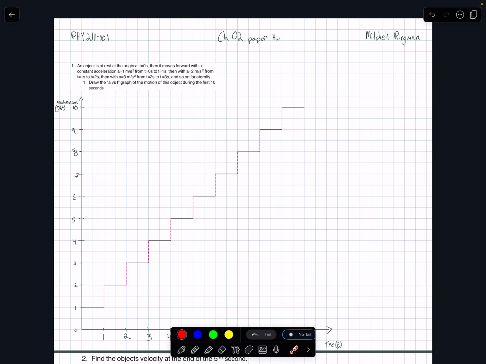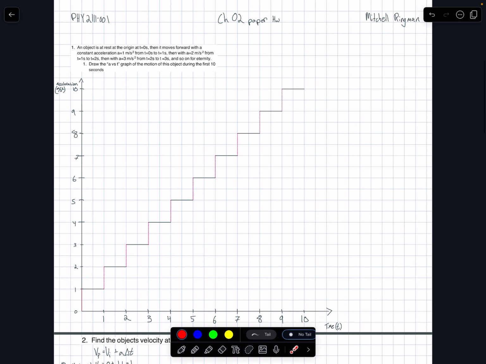First, I had to draw an acceleration versus time graph of the motion of this object during the first 10 seconds. So I put acceleration on the y-axis and time on the x-axis in increments of 1. And with the given information, I knew that my first line needed to be from 0, 1 to 1, 1, because at the 0th second, the acceleration was 0, but once it started moving, it was 1 meter per second,